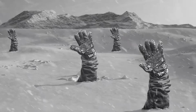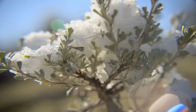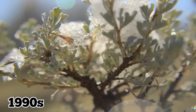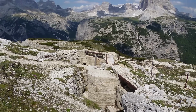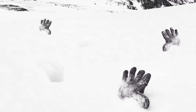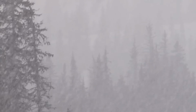These shelters, along with the bodies of soldiers who died throughout the battle, soon became encased in snow and ice and forgotten about. White War relics began reappearing during the 1990s as climate change accelerated the melting of glaciers. Since then, an array of perfectly preserved sites and artifacts have been found, along with the remains of fallen soldiers who never received a proper burial. These fascinating discoveries are teaching us a lot about a largely overlooked part of the Great War, where troops endured